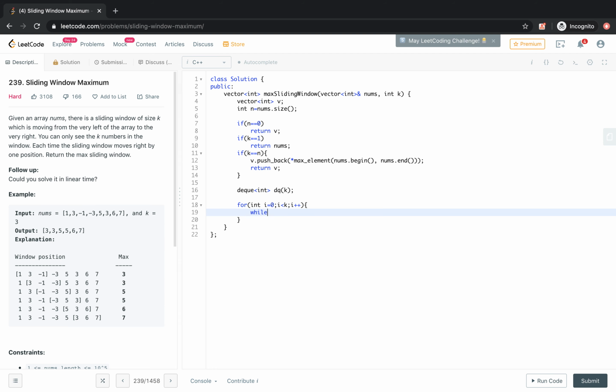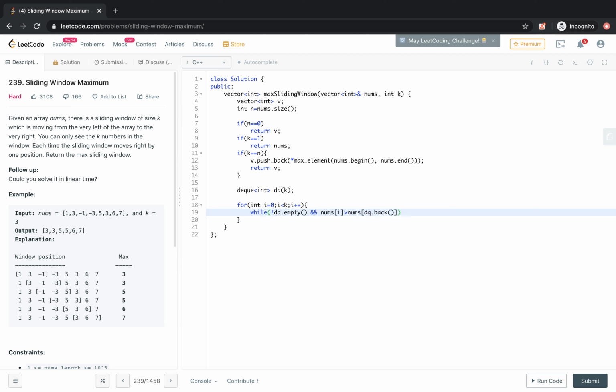So what we will do is, while the dq is not empty and nums of i is greater than the back of the dq. In the dq we are actually storing the index, not the value. So dq.back.